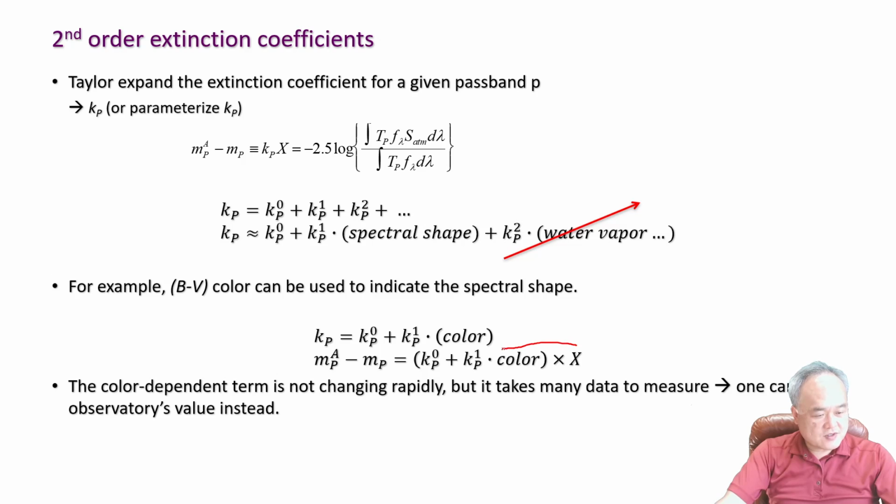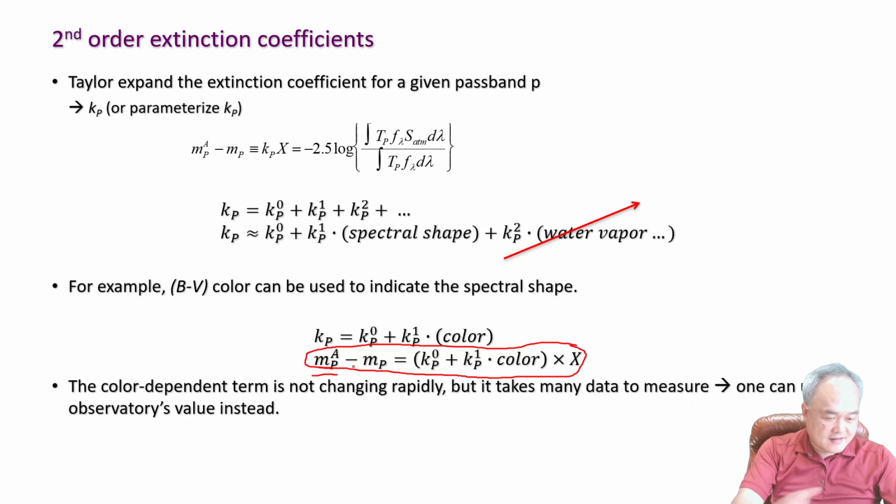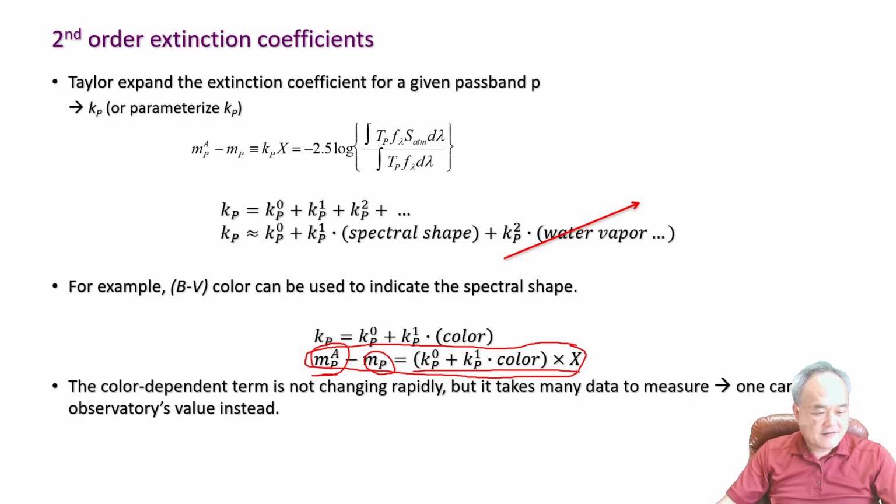Then your observation, the instrumental magnitude obtained through your atmosphere, and the difference between the atmosphere affected magnitude versus the atmosphere free magnitude is simply the zeroth order extinction coefficient plus the first order term multiplied by the color of your object. The whole thing is dependent on the air mass. So the key issue is how you obtain this k0 and k1. The color of your target object can be obtained in some way, and then as you